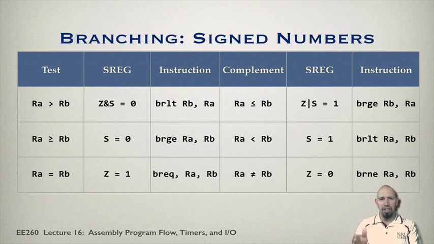Okay, so there's something about that. You need to keep track of those kinds of things. So it actually means something else. Okay, so here I have the different conditions that we could use. So for example, RA is greater than RB. Basically, that uses these status registers. Okay, if Z and S is equal to 0, then